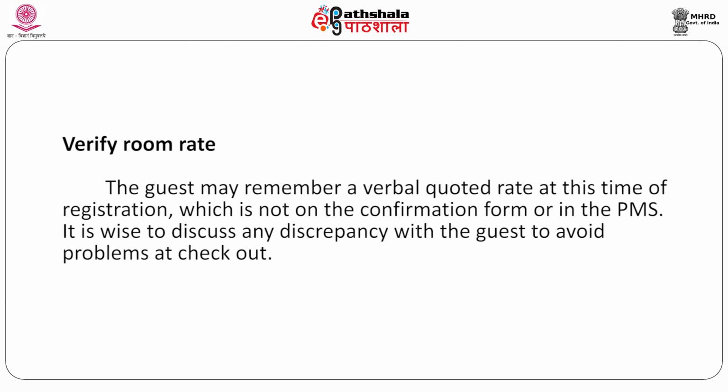Now, step 4 is verifying the room rate. The guest may remember a verbally quoted rate at the time of registration, which is not on the confirmation form or even in the PMS. It is wise to discuss any discrepancy with the guest to avoid further problems during checkout, and hence this 4th step is